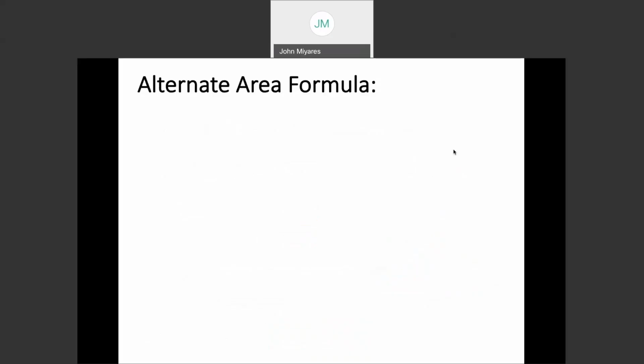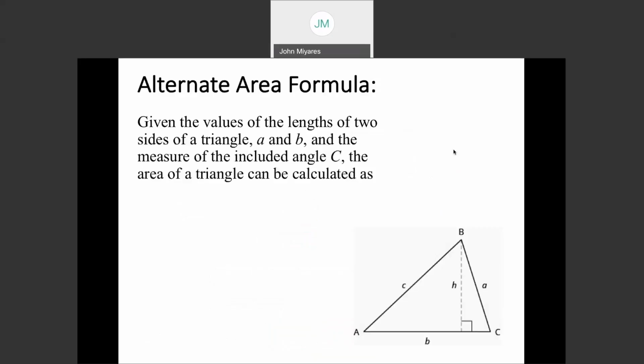Let's look at a different area formula, which I do have more use for than Heron's formula. Here, given the values of the lengths of the two sides of a triangle, a and b, and the measure of the included angle C, the area of the triangle can be calculated as 1/2 times a times b times the sine of angle C. Now, you might be thinking this is more complicated than the first one that we worked with. However, we can actually prove that this one is legit and maybe get a better feel for it in the